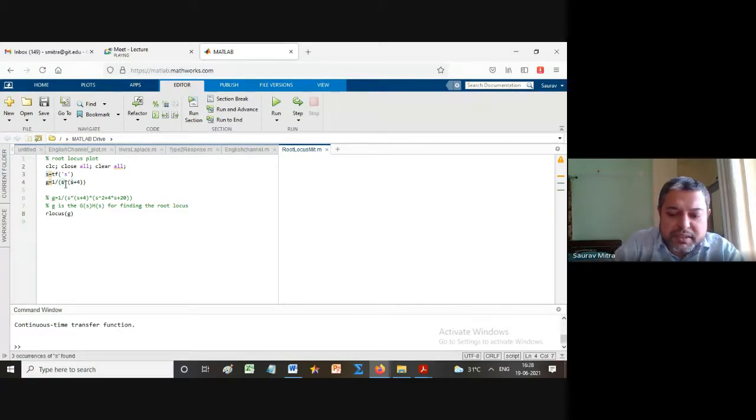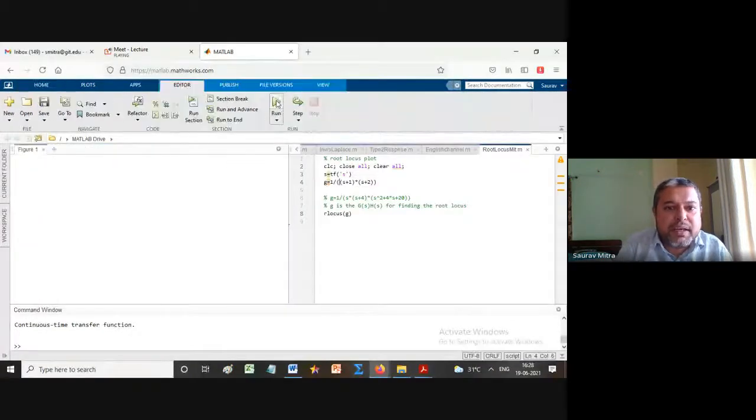Next equation क्या था? Next was S plus 1 into S plus 2. So जो हम लोगों ने root locus से किया था, that was our first case. And we had been doing that. So save and so जो भी numerical मैं करता हूँ, अभी तुम लोगों के ऊपर बहुत सारा काम डालने वाला हूँ मैं, because I am doing everything now, but now onwards it will be your work.